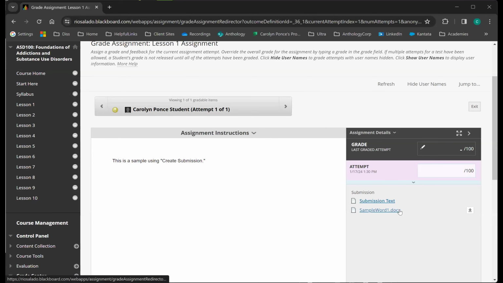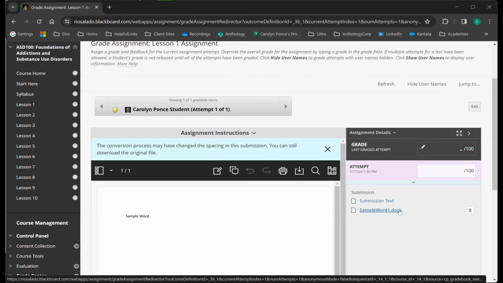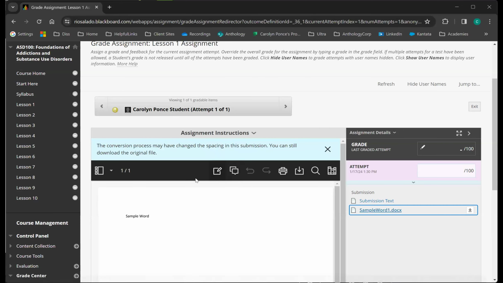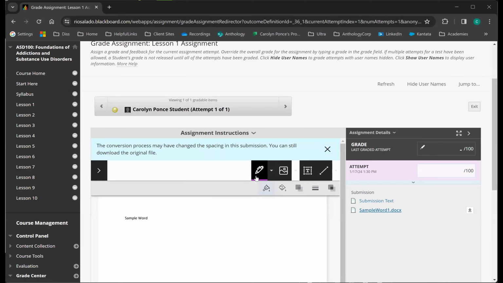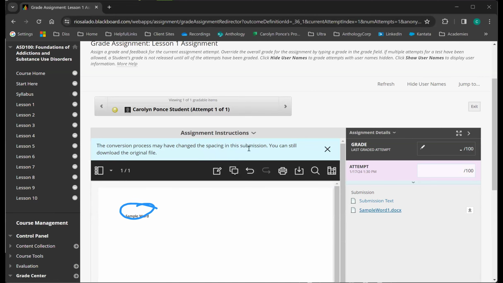If they submitted a Word document or a PDF or a PowerPoint or anything, the system will need to process it, and then it's shown and reproduced in what we call BB Annotate. And it is a live annotating tool. So you do have markup tools and functions. You can use the pen. There's a way to put in a text box. Print, download. You can put in comments.